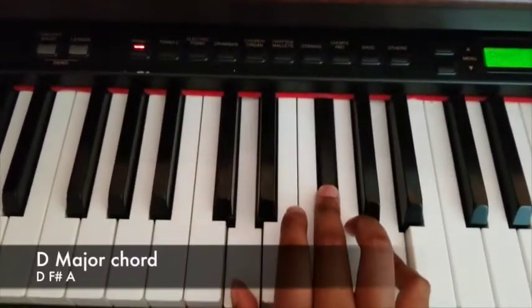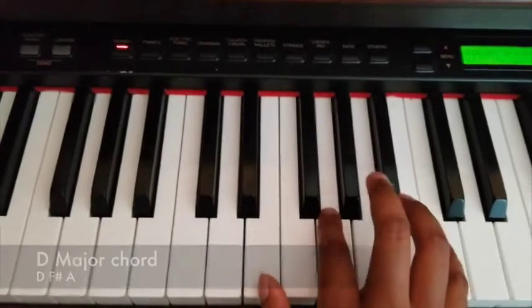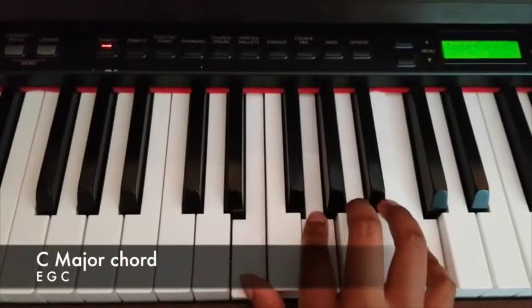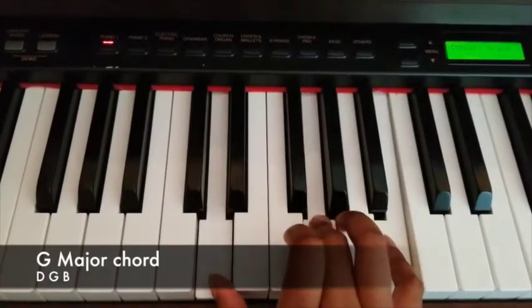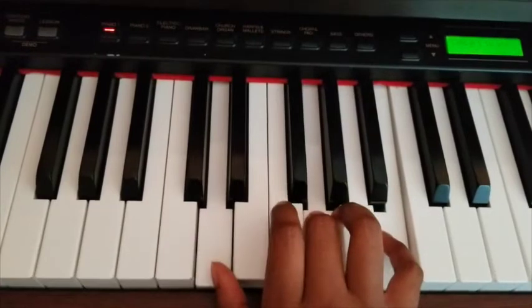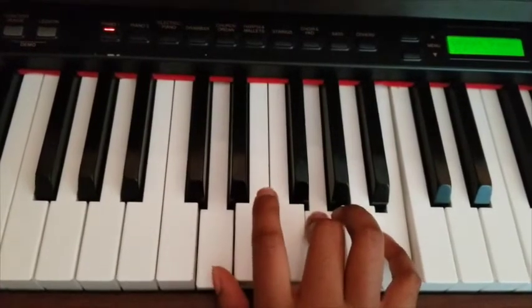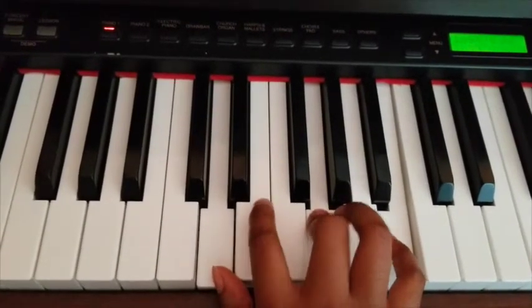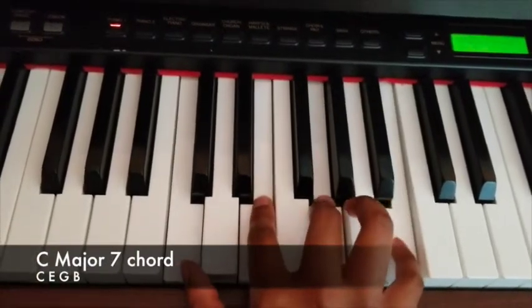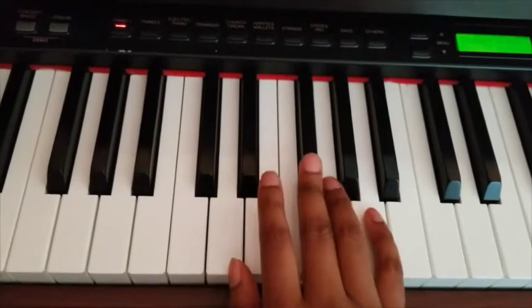I do D. This time I move my hand up a little bit for the C chord, so I have E, G, C, and then the G chord with this new position of D, G, B, and then here I'm still going to play the C major 7 chord, which now is C, E, G, B. So all together, that's